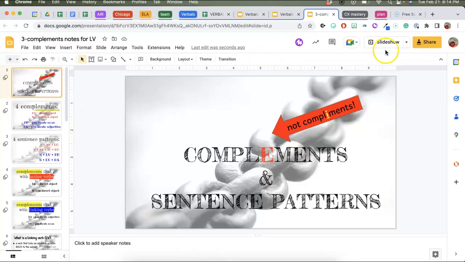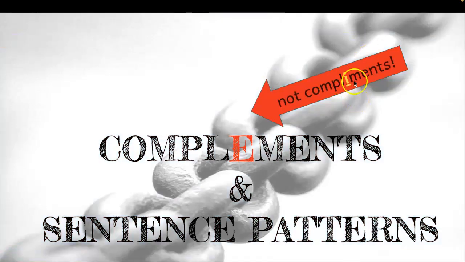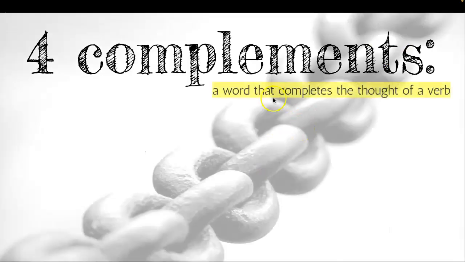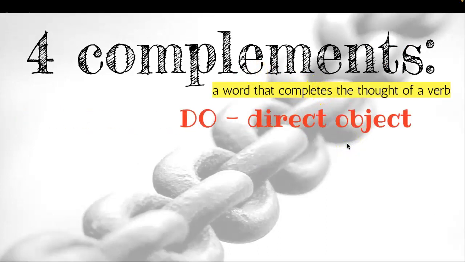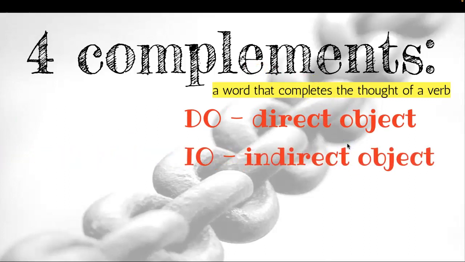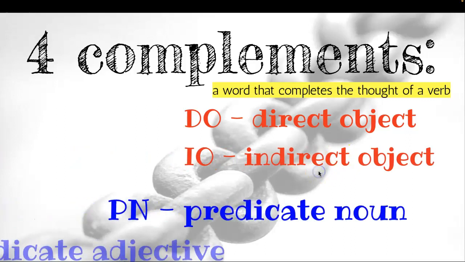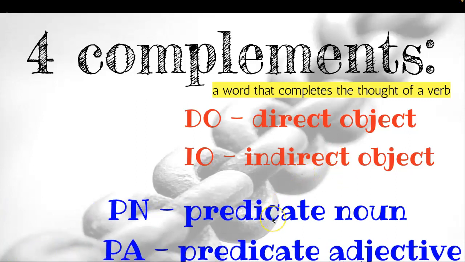So I'm going to switch over to my notes presentation for a few minutes. You are going to take notes on this paper on the front cover. All right, so complement, not compliments with an I. Remember that complement completes. That's what the E is for, completes the thought of a verb. We spent some time in lesson 2 talking about these direct objects and indirect objects. Those go with action verbs. Today we're going to spend time talking about linking verbs and the complements that go with them, the predicate noun